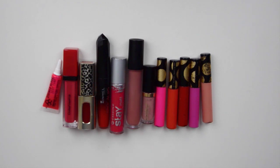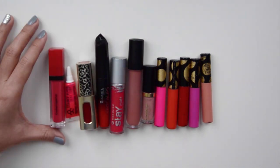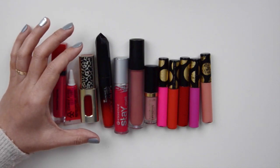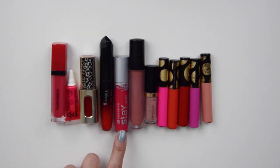This is all my liquid lipstick. My latest purchase in this category is this one by Bobbi Brown. This one I got at the end of 2021. 1 lipstick from OCC. This one from L'Oreal is a lip gloss type of lipstick. I adore this formula. And this one from Rimmel and this one from Essence, they're both very pigmented, so I